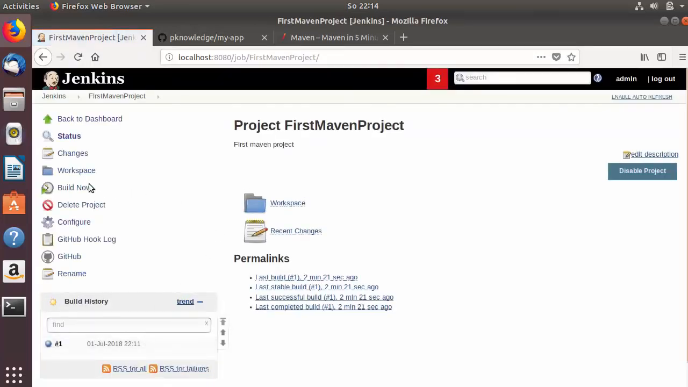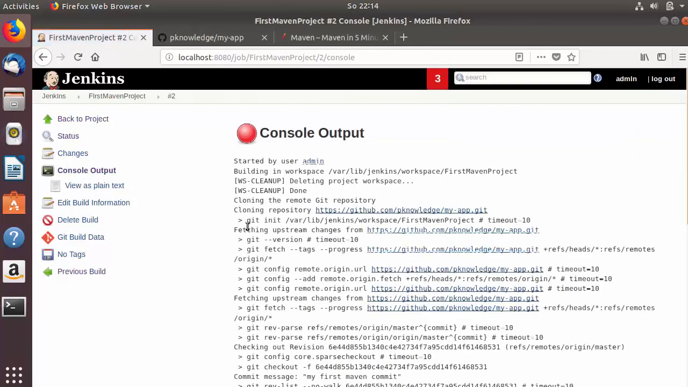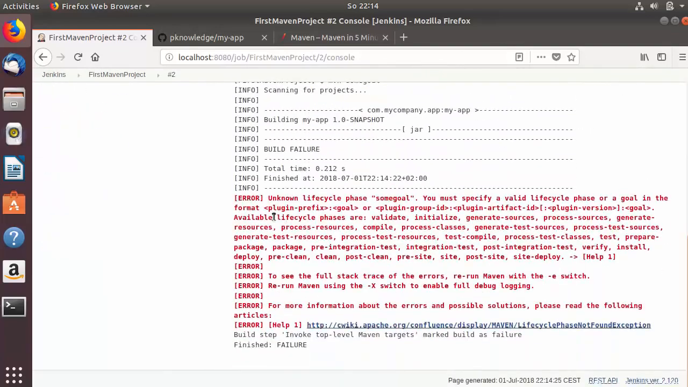So I'm going to just start the build again, and I'm going to go to the build history of this Jenkins build and then console output. You can see once again the repository will be cloned, and now you will see the failure because this goal doesn't exist. So it's going to show us this error message,